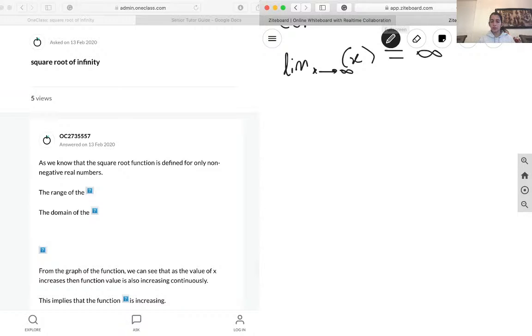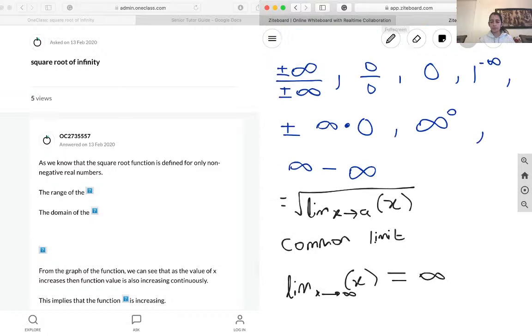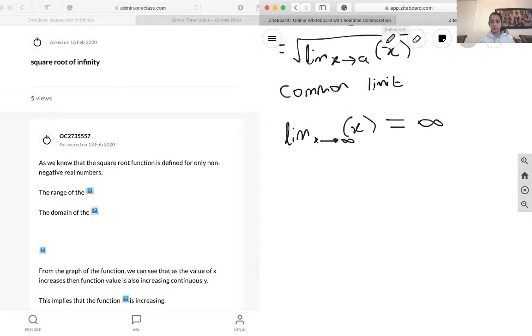Then we can continue on saying that basically based on this equation over here, we said that the square root of a limit of x as it approaches a of x, that's our function, and over here, the limit of x as it approaches infinity of x is equal to infinity. So basically, we're going to replace this over here, and